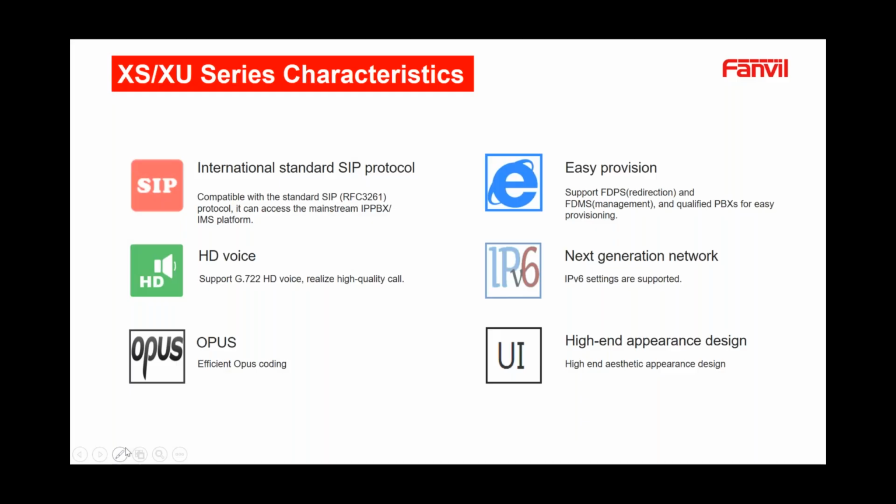Some of the feature highlights that I wanted to point out on our XU series primarily. One of the things that you'll notice on the XU series is that from the entry level all the way to the very beginning, they are all color screens. A lot of our competition out there start off basically with black and white on the very, very basic ones, and then they eventually emerge into color. Ours, on the other hand, is color all the way from the bottom end to the high end,